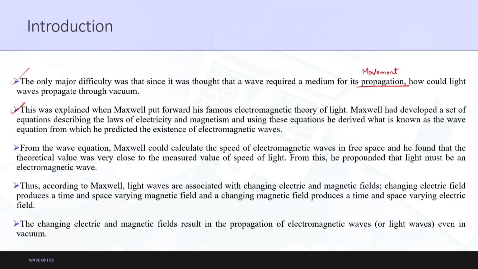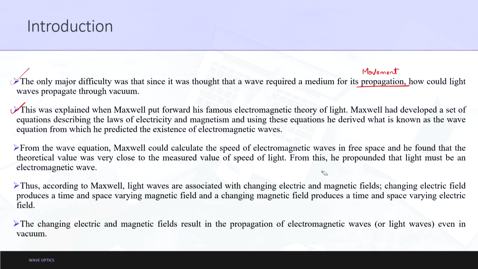So, this was the explanation. Now, let us not go into further detail of what the wave equations were. Maybe these equations are in different chapters. For now we got to know that even without a medium light can propagate, and hence the wave theory of light is completely functional. From the wave equation Maxwell could calculate the speed of electromagnetic waves in free space,